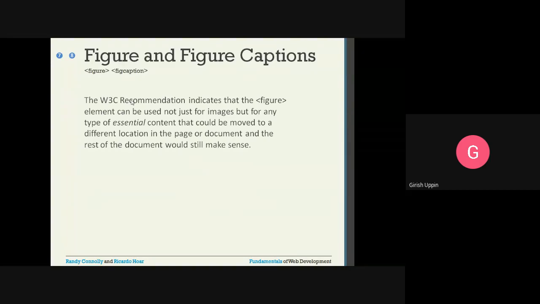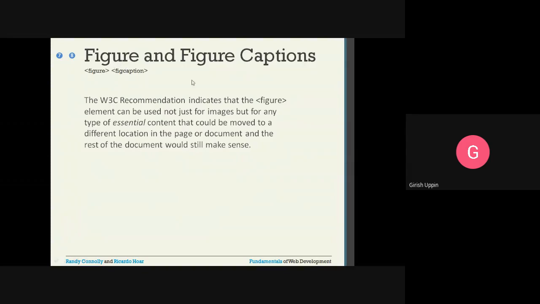For example, if you want to have some background image, or some kind of images on the border, then you should not use the figure. Figure is not for a presentation purpose, not for the display purpose. Figure is a semantic element. Whenever it is relevant for an image to be used, then you will use the figure HTML element.